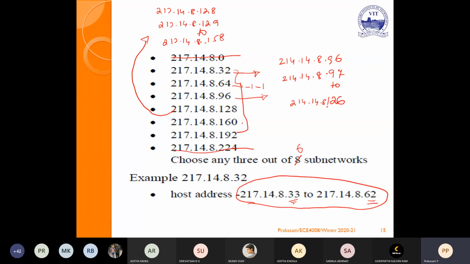Instead of subnet 1, 2, 3, we may give some names also. Maybe 4 cities or 4 blocks. For example, in our VIT, we have to provide subnets for the library block, TT block, administrative block, and also the hostel block. Suppose they give 4 blocks, you should understand that you must provide subnets for the 4 different blocks, so you require 4 subnets. Based on that, you should allocate the number of bits required to provide the required subnets. The remaining you can use for the host.